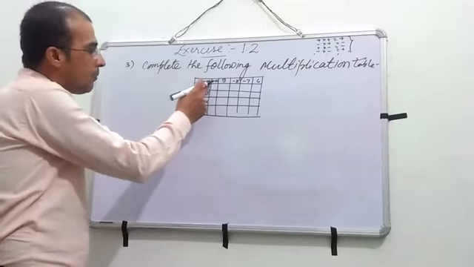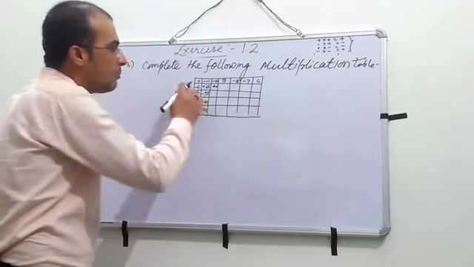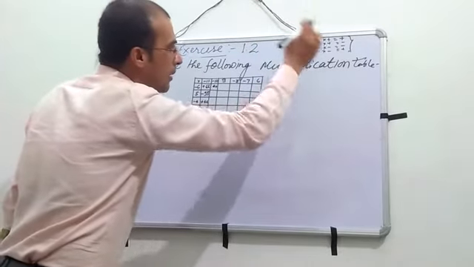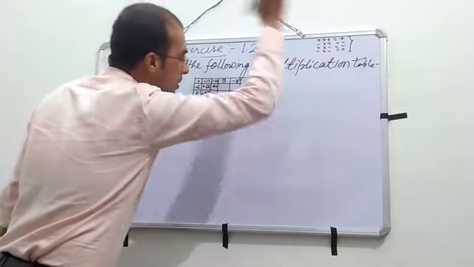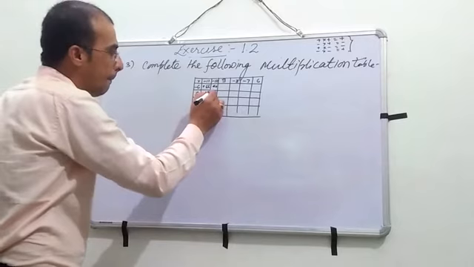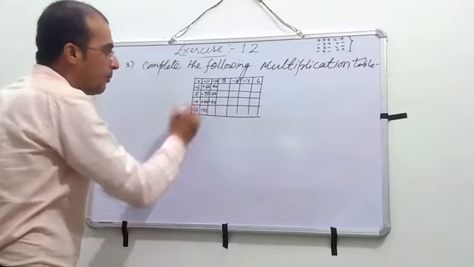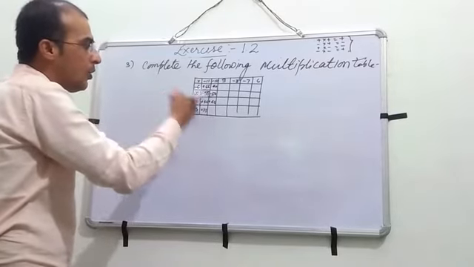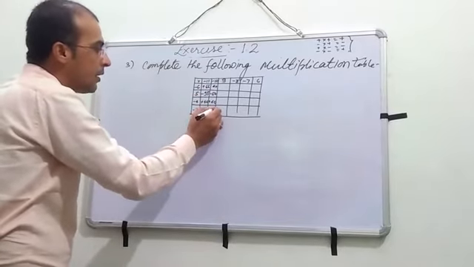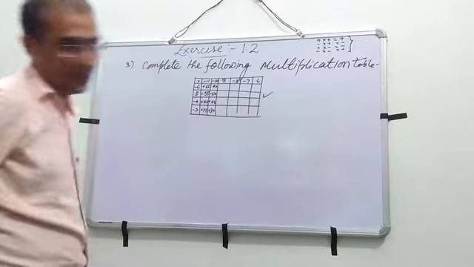Okay, like minus 6 with minus 10, then it will be 60, plus 60, because the minus sign I have already written here. Minus into minus is plus, plus into minus is minus, minus into plus is minus, plus into plus equals plus. So you have to follow this. Minus 10 into 5 plus 5 is minus 50. Minus 10 into minus 4 is plus 40, because minus into minus is plus, and 10 fours are 40. Minus into minus is plus, and 10 threes are 30. Like this you can complete. Is it clear? For your homework you have to complete this table.